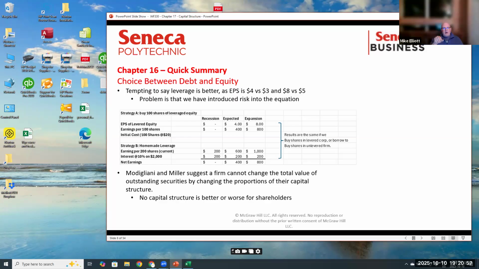But if you look at the top and the bottom, you see that the results are the same, whether we buy shares in a leveraged corporation or borrow to buy shares in an unlevered firm. If we buy 100 shares of leveraged equity,